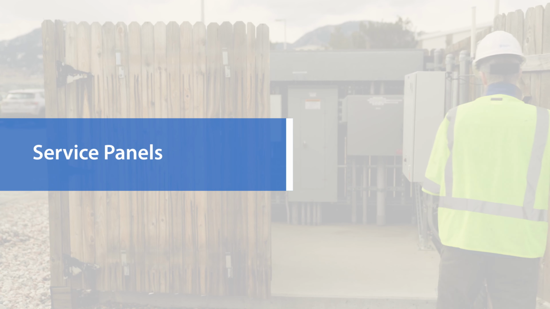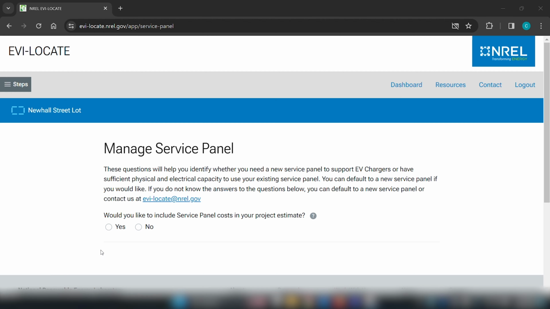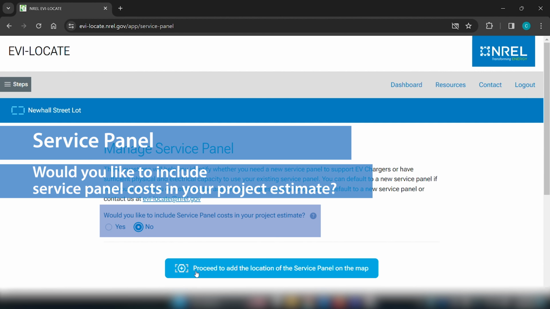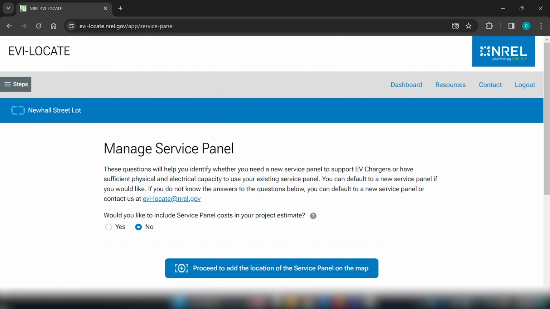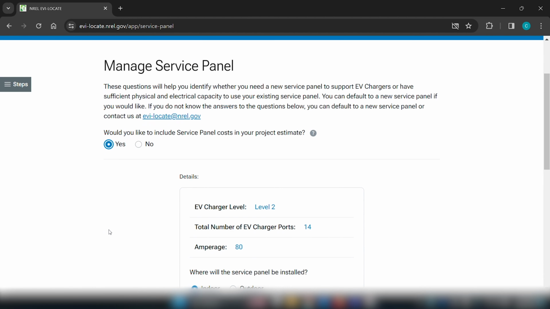Now let's move on to the service panel. Similarly to the transformer, you can answer no to the initial question, would you like to include service panel costs in your project estimate? In this case, you can go ahead and drop your service panel icon on the map. If the EV infrastructure costs include any new service panel costs, then you will want to answer yes and proceed